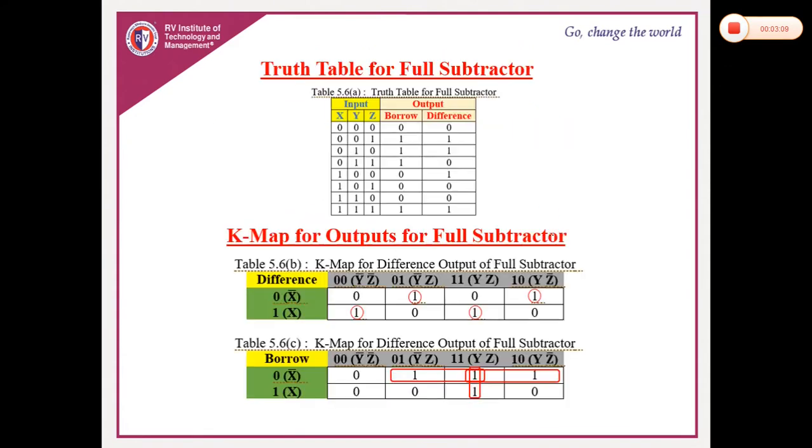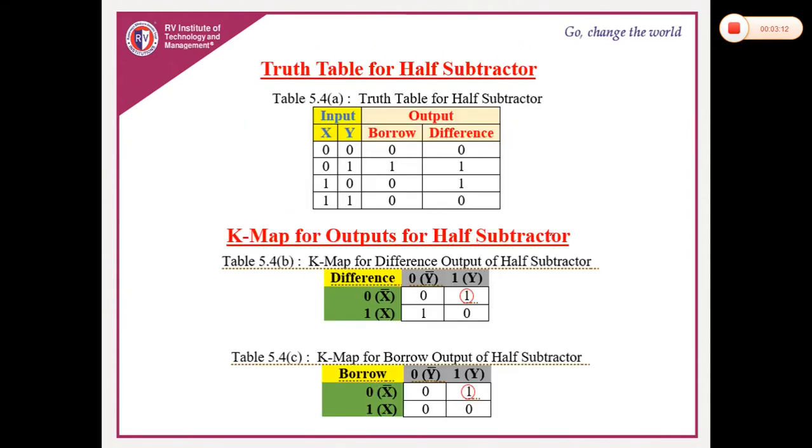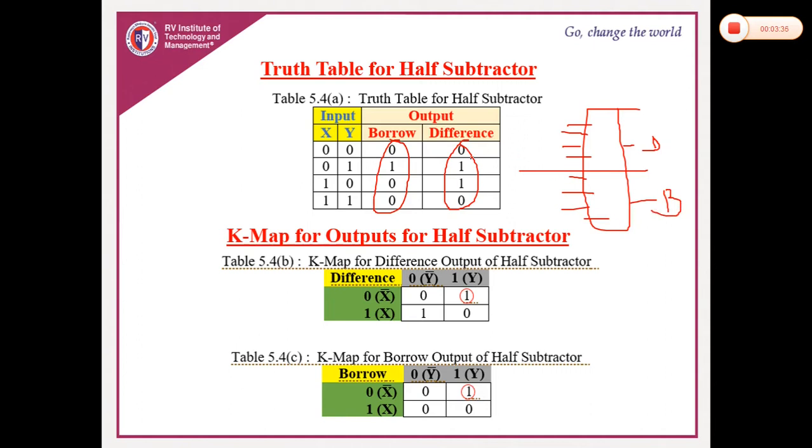Then similarly for the half subtractor also, it is very easy. In the half subtractor truth table, if you see, 0 1 1 0 is the difference and 0 1 0 0 is the borrow. So we have one IC where we have two parts of 4:1. The first has 4 inputs and 1 output, the next has 4 inputs and 1 output, the bottom one. So I'll reserve this for difference, and I'll reserve this for borrow. What is the expected difference output? 0 1 1 0. So I'll give it here, 0 1 1 0, and I'll get the difference. Then I want borrow, so the expected output is 0 1 0 0. I'll give it here, and I'll expect borrow from this point.